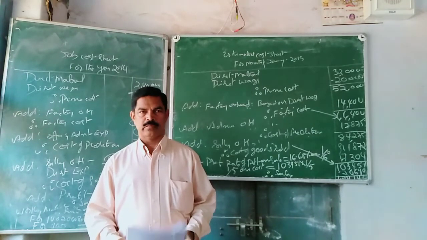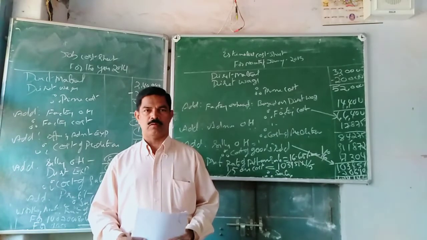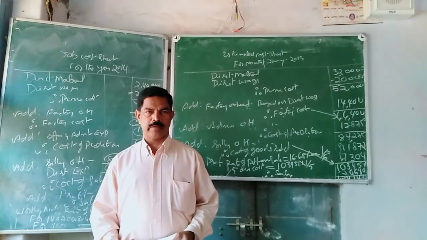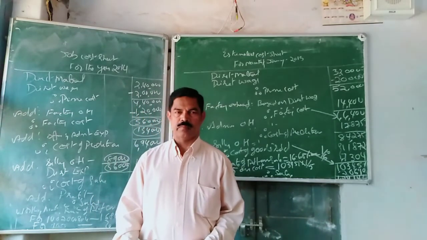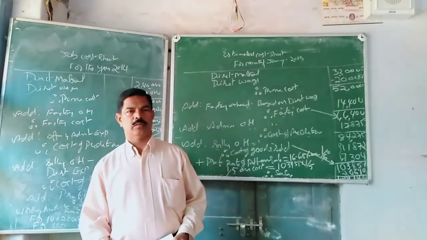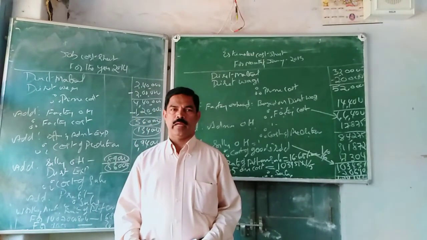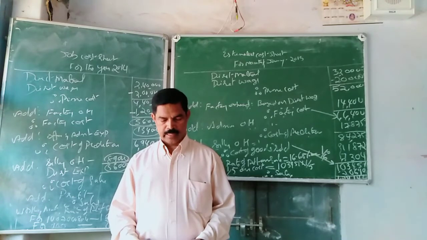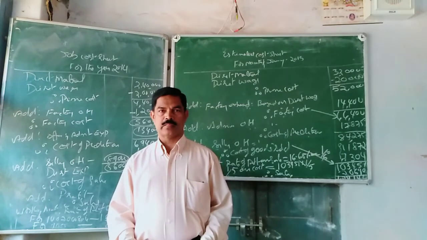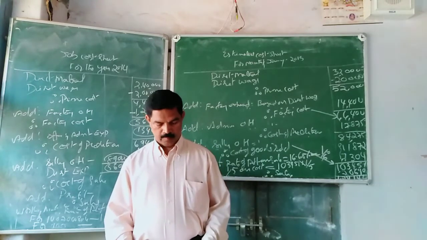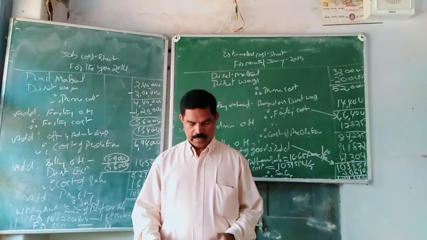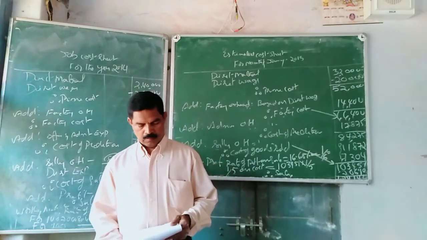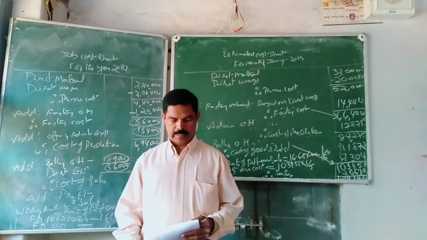Introduction to costing systems. Under introduction to costing systems, we have studied about cost unit and examples for cost unit, both simple cost unit and composite cost unit. Then the next aspect under this chapter is cost center. So let us see what is cost center and what are the types of cost centers.